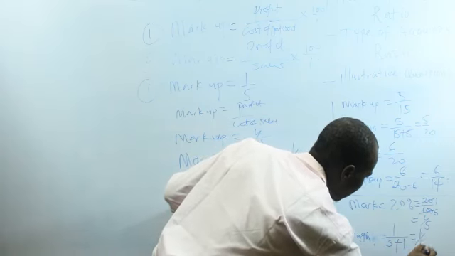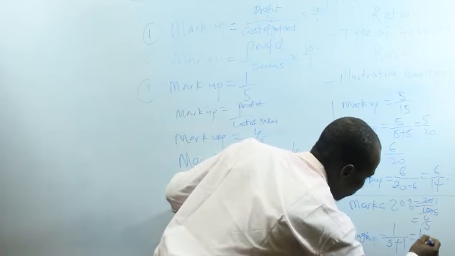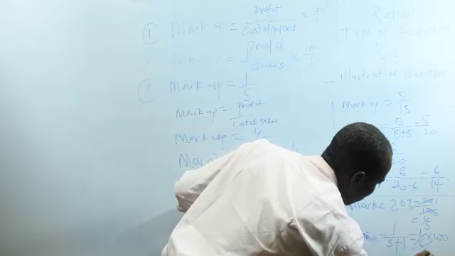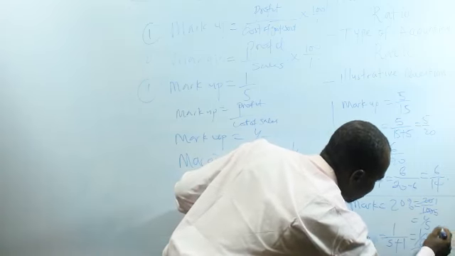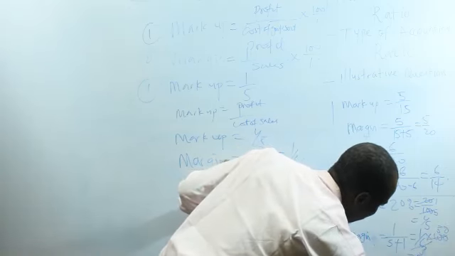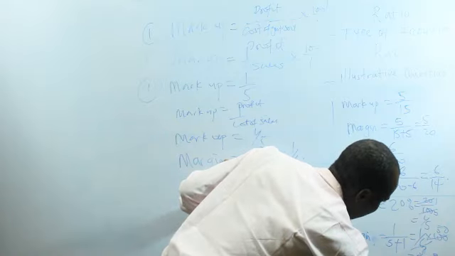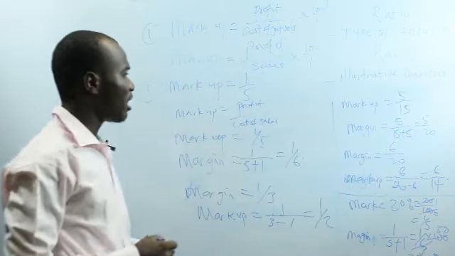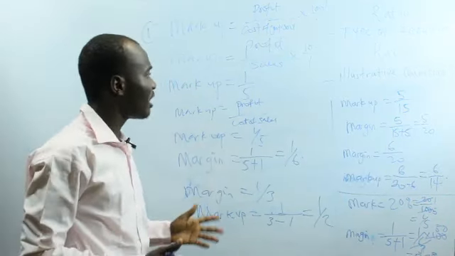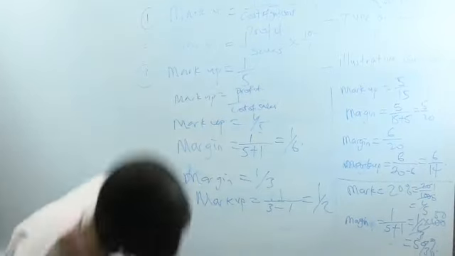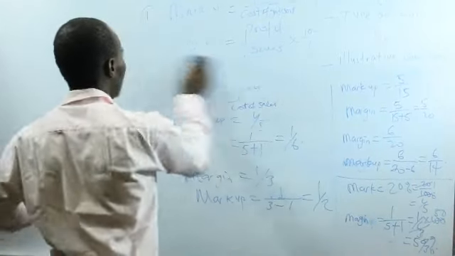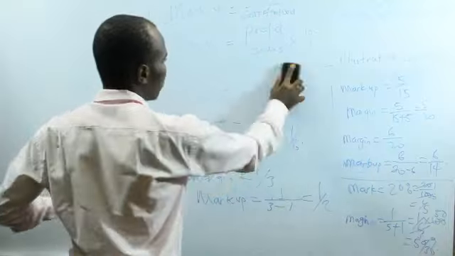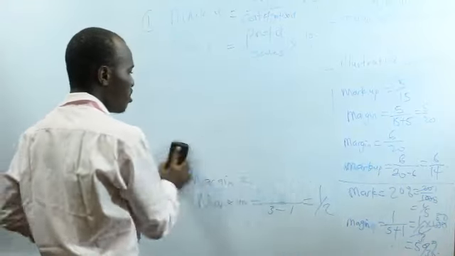That gives us 1 over 6. Or in percentage that becomes times 100. That becomes 3 over 50 percent. So that is all about the relationship between the markup and the margin. So we can thereafter move to the next ratio, which is